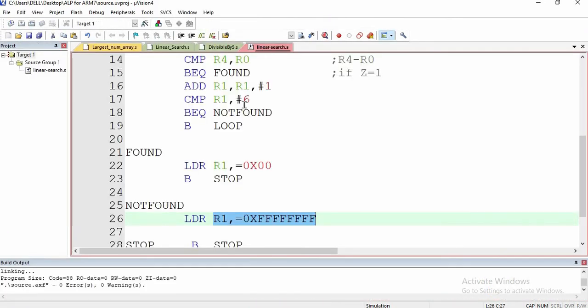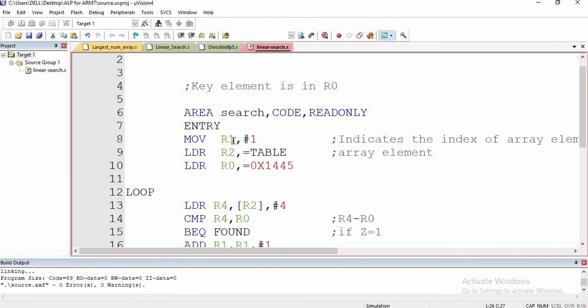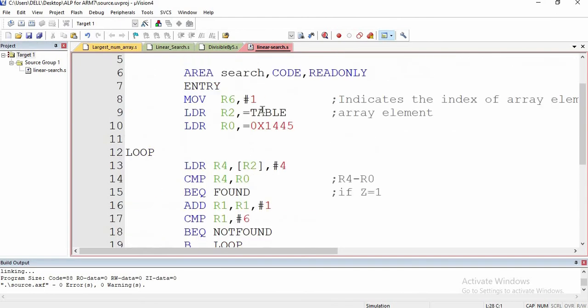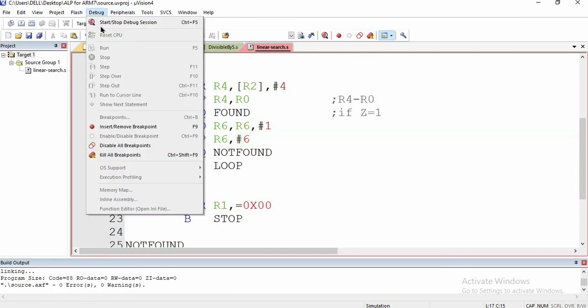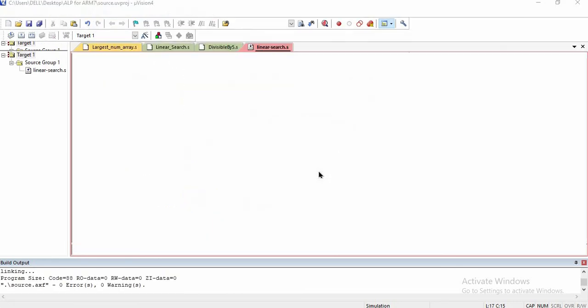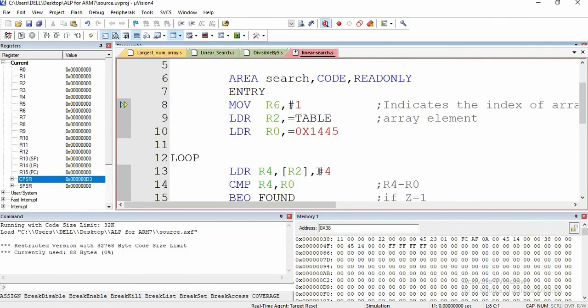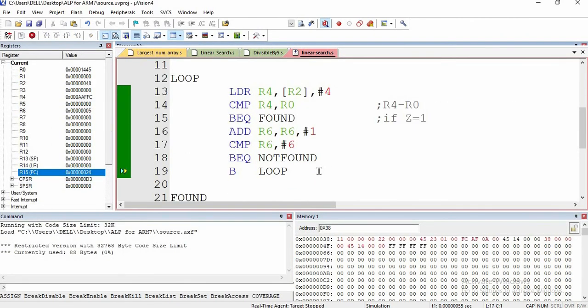We will change this one R1 to, let me say, R6. Okay, since we have made this one as R6, we have to make here also R6. Now this is fine. I'm going to save this, compile, start the debug session. I'm going to press F11 till the end.